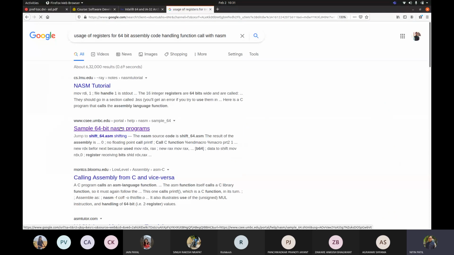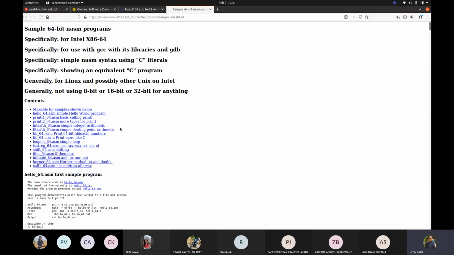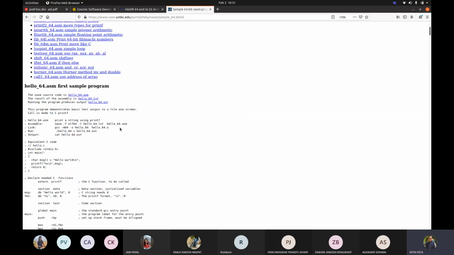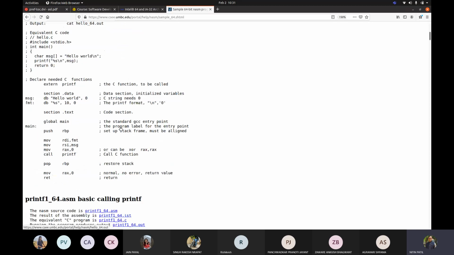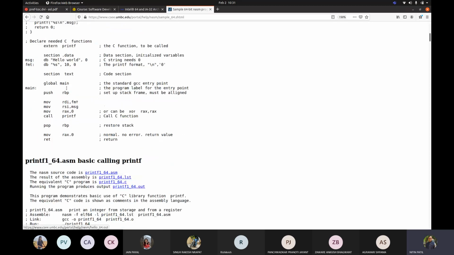Now if I go to this sample code which is given, let us take this example. Here I want to call this printf function to display this hello world.